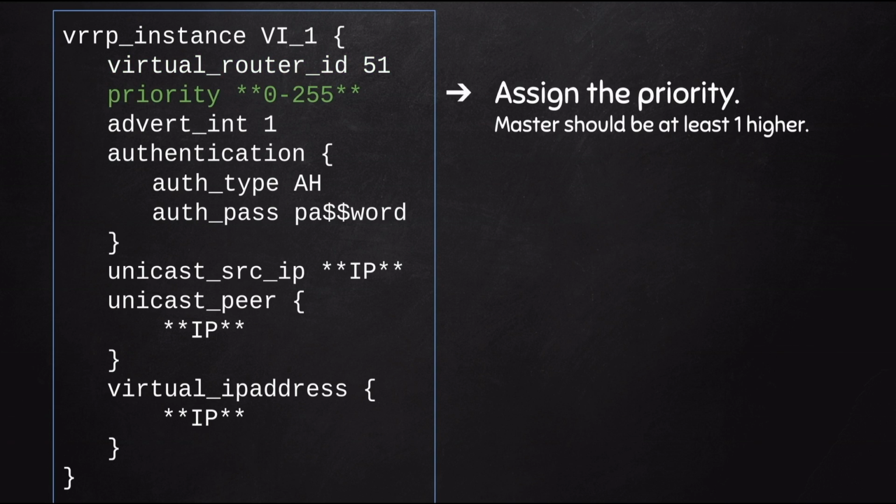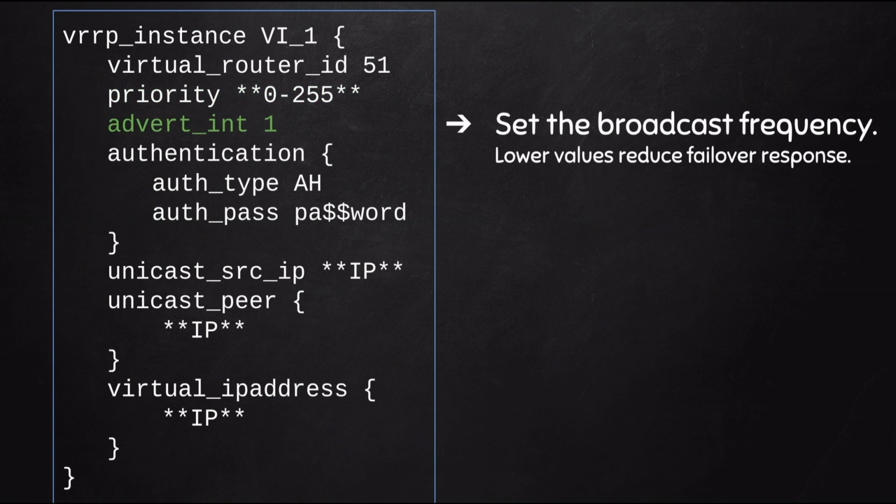The priority can be set to an integer between 0 and 255. This parameter is used to specify the order in which our servers take over in the event of a failure. For this reason, we will set the priority of our intended master higher than that of the standbys. The advert_int setting of 1 tells keepalived to broadcast its heartbeats once every second. Heartbeats are the messages sent by the keepalived software running on master and standby servers. We're trying to strike a balance between sufficiently fast failovers and not flooding the network with unnecessary communication. Lower values will generate more noise but result in quicker failover response since the heartbeat content, or lack thereof, triggers